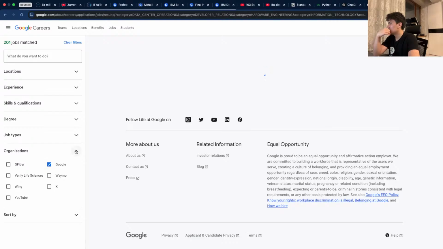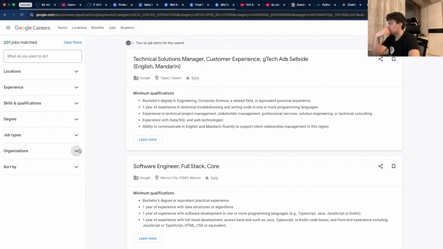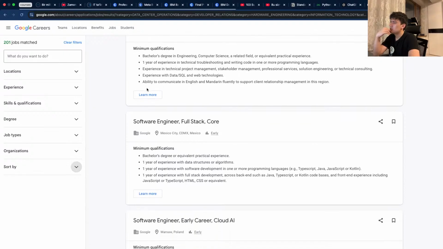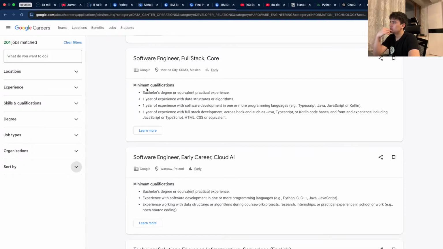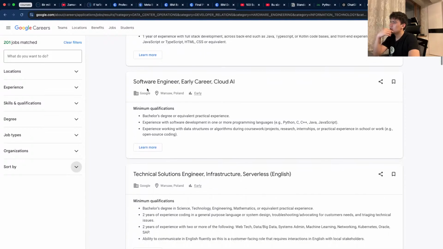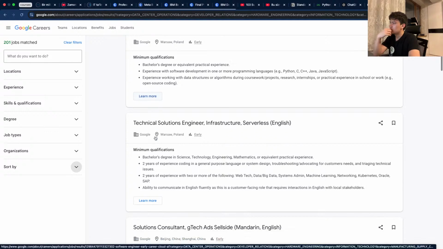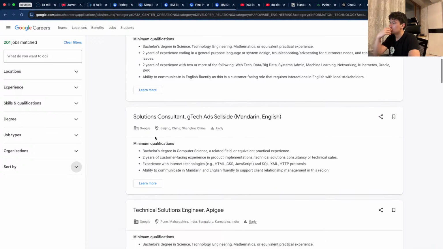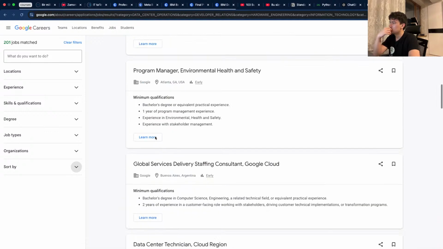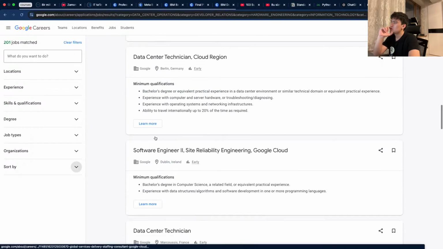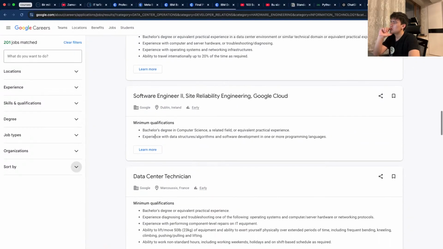Google. YouTube. Sort by. Technical software engineer, full stack core depth. Early career cloud AI, bachelor degree experience. Data structures, technical solution consultant, technical solution, program manager, cloud service, data center technician, software engineer design.